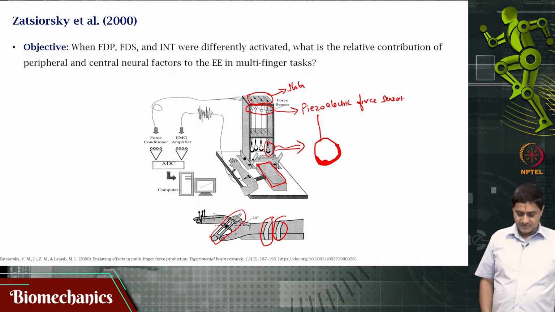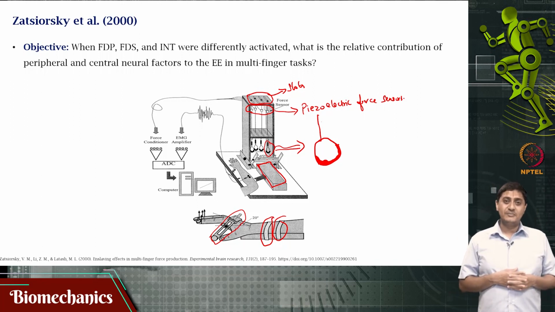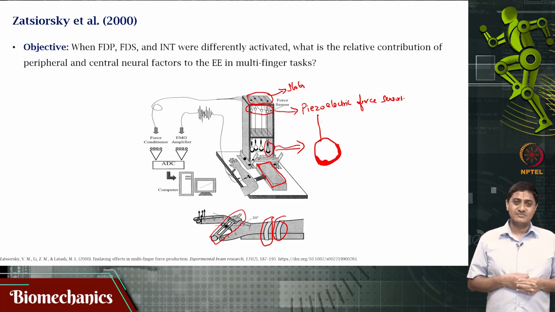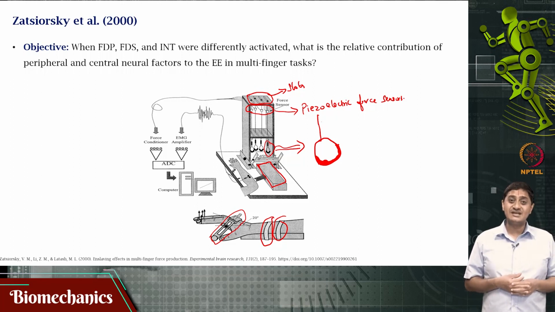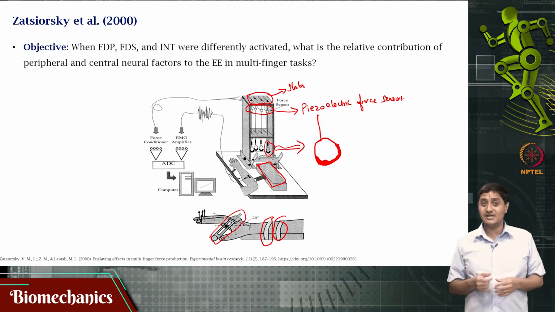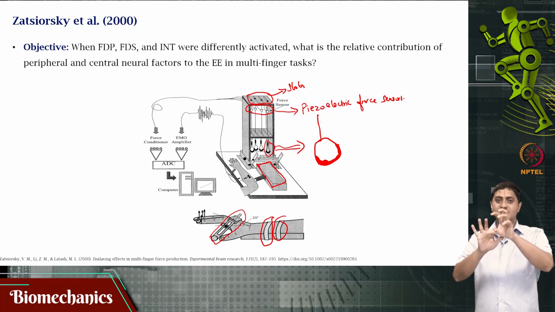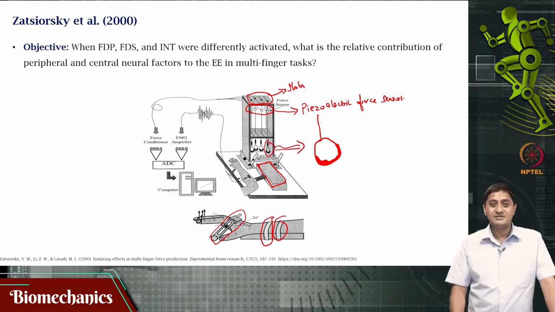Okay. So, there was instruction depending on which phalanx is producing the force, or which interphalangeal joint is producing the force. I can also keep it at the joint, the distal interphalangeal joint or the proximal interphalangeal joint or the distal phalanx. So, I can place my finger in this loop such that either the distal phalanx or one of the 2 interphalangeal joints is supported by the loop. Okay. So, that is a crucial aspect of this